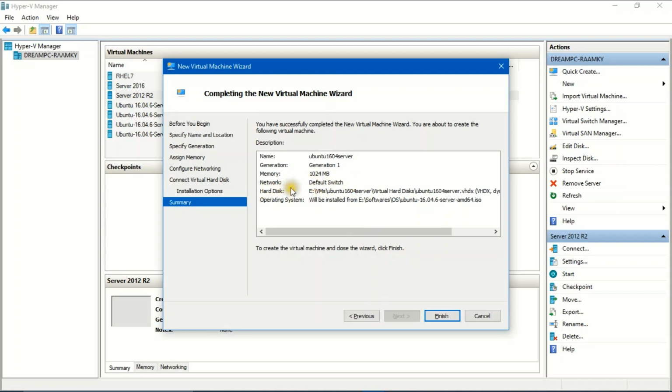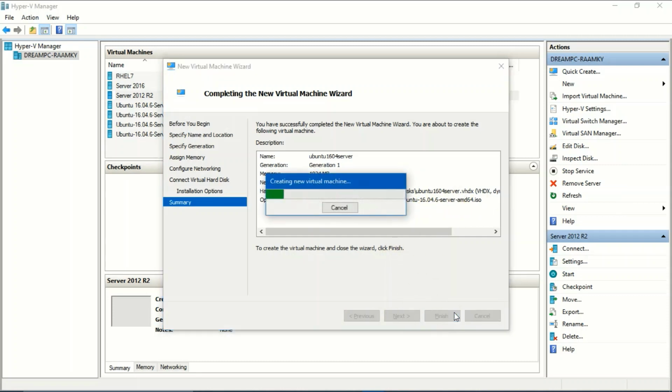This is an overview of the data which you have given for the virtual machine. You can cross check the data given here and click on finish.